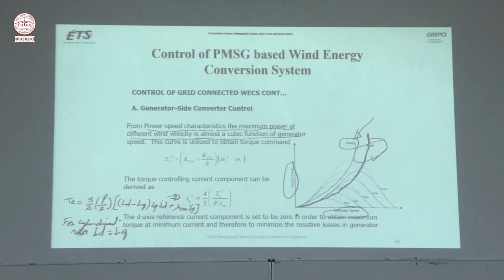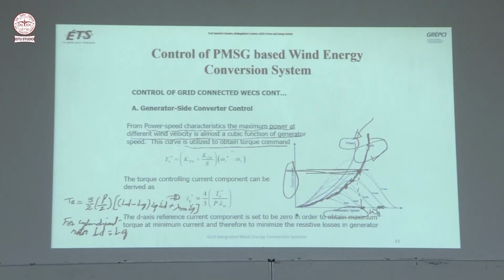This is the cubic function of the generator. This curve is utilized to obtain the torque command. So suppose we say this much power, this is the maximum power point. On this curve, the maximum power point will be the reference